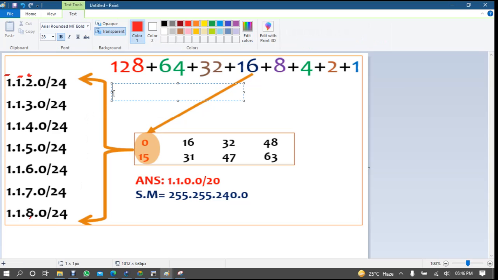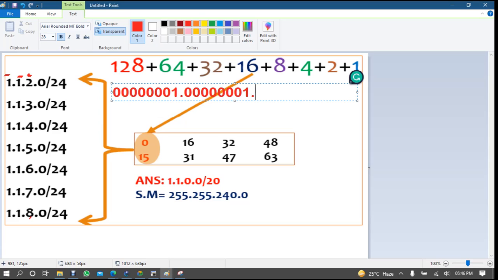What is the binary of 1? 0 0 0 0 0 0 0 1, 1 2 3 4 5 6 7 8, right?